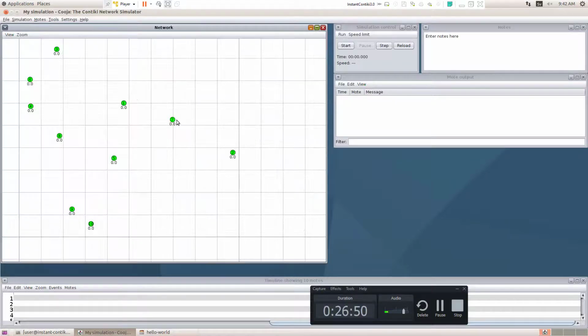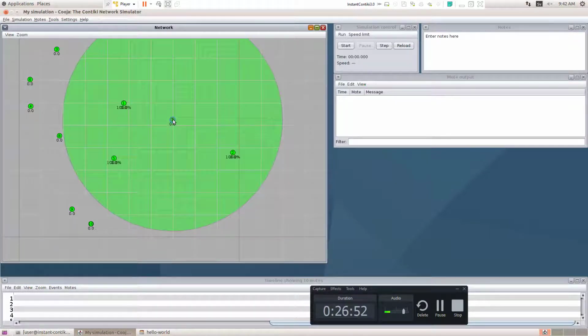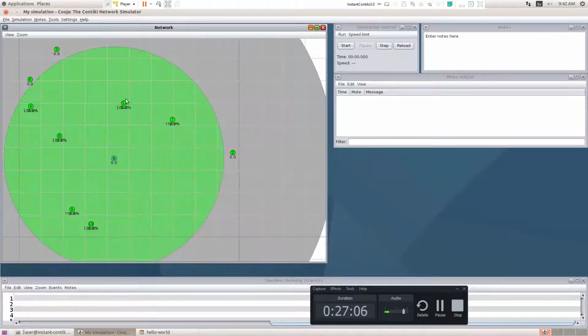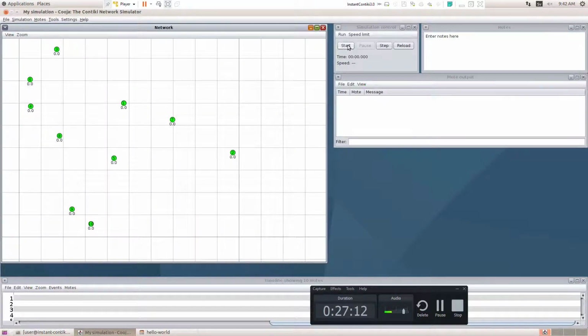So for every node, that means they are going to do the broadcast. The broadcast packet will be reaching all the nodes in that particular area. So for 7, 1 is reachable, 5 is reachable, 2 is reachable. Same thing if you go for 5: 1, 2, there are so many nodes reachable here. Now I'm just going to start the simulation.